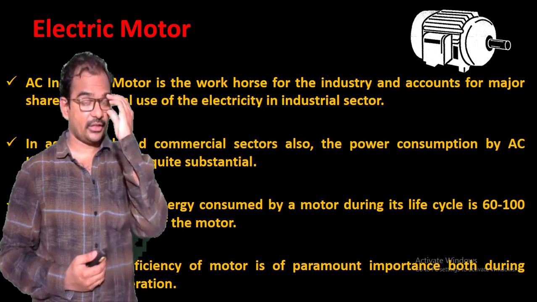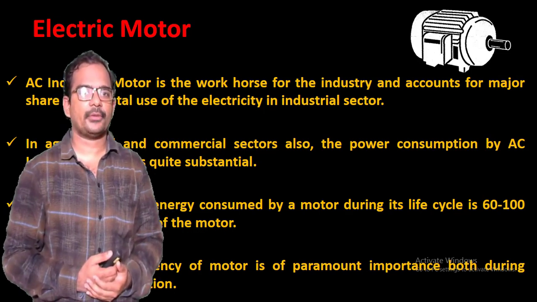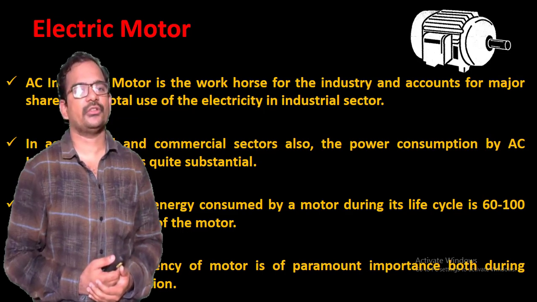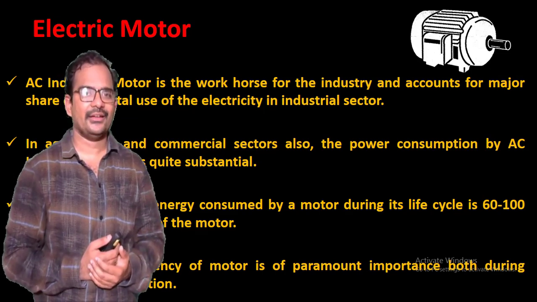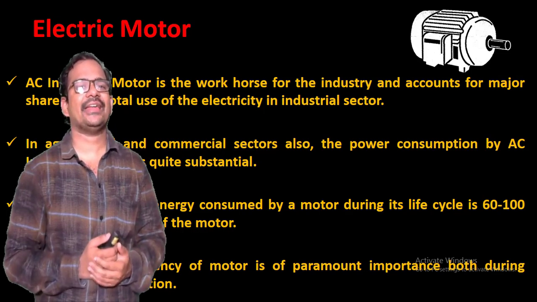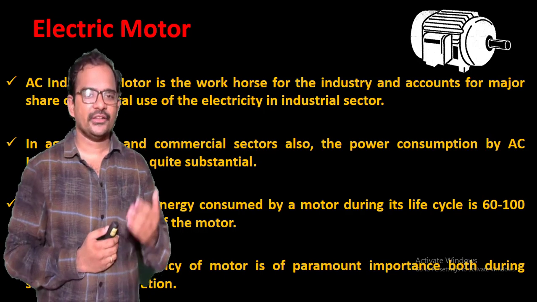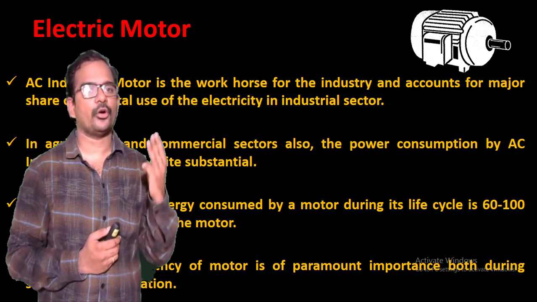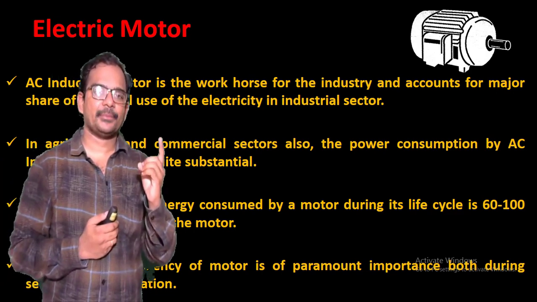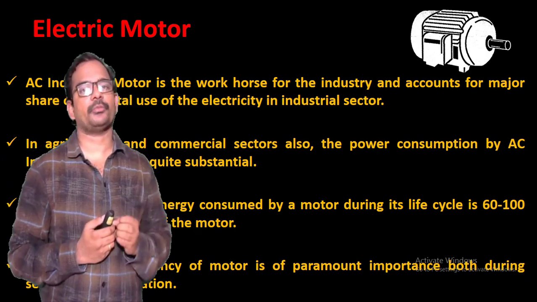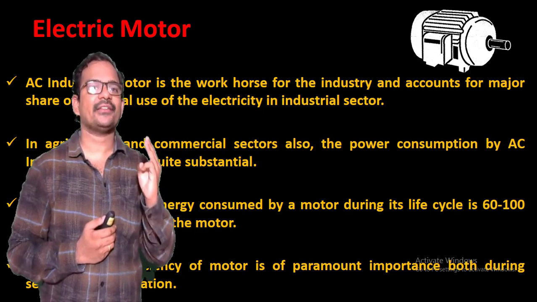Hi guys, so far we have discussed the power factor correction equipment as well as the most economical power factor. Now let's discuss the second concept of energy efficiency in electrical appliances, that is energy efficient motors. As I already told you, this unit 4 consists of 3 modules. The first module is efficiency improvement in electrical appliances by means of power factor improvement, the second is energy efficient motors, and the third is demand side management.